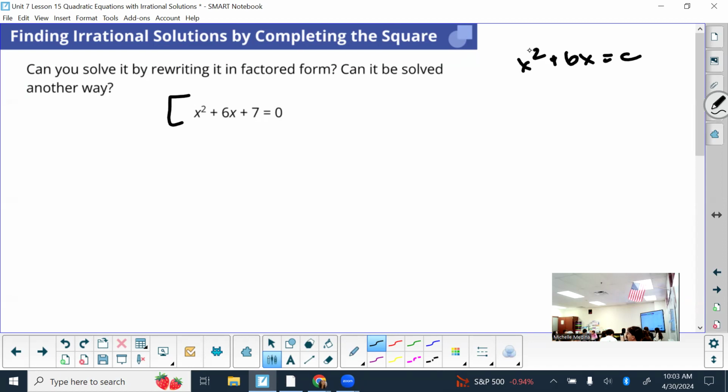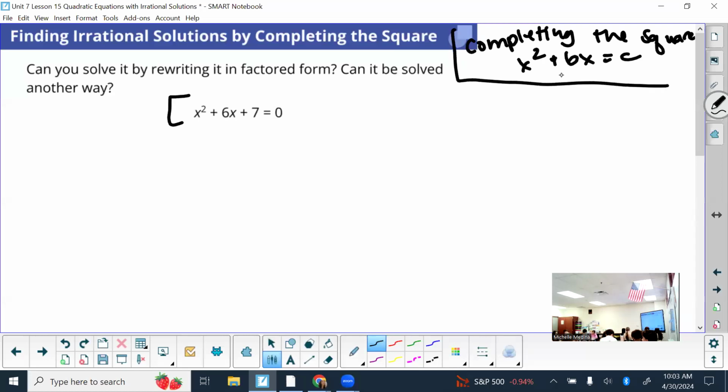So this form goes with completing the square. So maybe make like a side note of that. For completing the square, we want it to look like that, like what you guys just said. When we're solving by factoring, or by this other method that you'll learn, quadratic formula, you haven't learned it yet, you want it to be in this format and set equal to 0. Okay, so it is in the right form that I can just start trying to factor it using my diamond